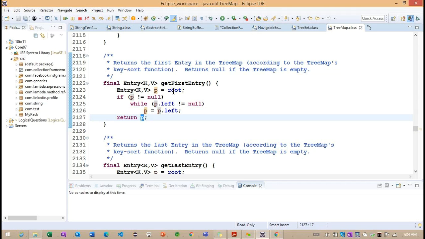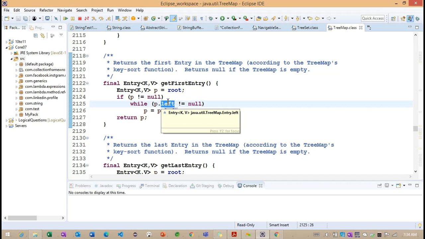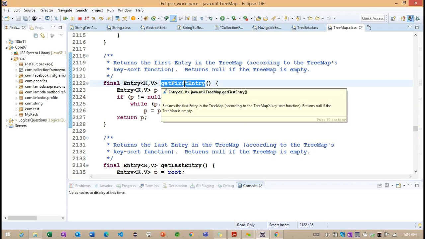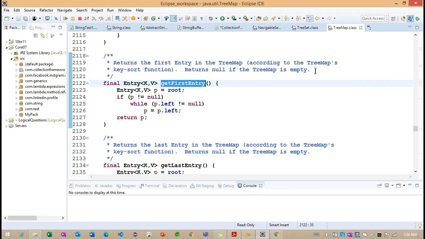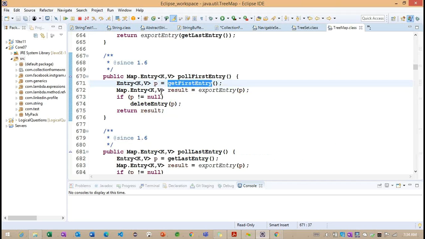Carrying the point. So we need to understand what the root will contain, what the left is. Okay. We'll provide more information about the left and the root in our upcoming classes here. So just understand what information is implemented in this particular implementation class. So the first entry is simply trying to find out one object here. So that is how they make the first entry.